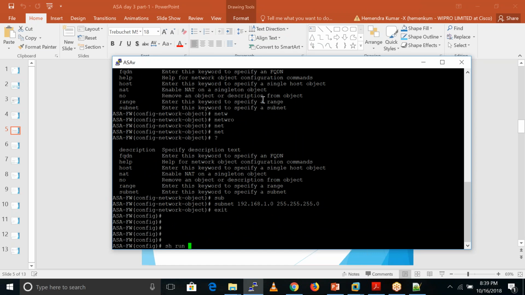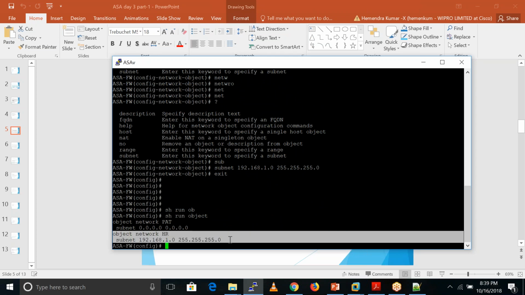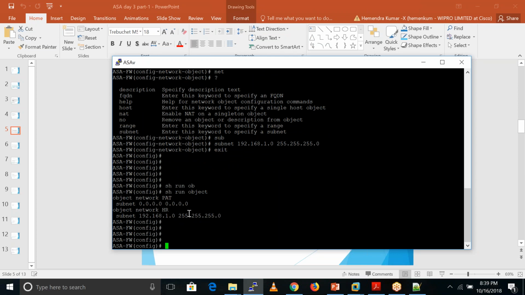So run object. Now the thing is, my HR group included this network. This is a network group for HR users only, if they are using the same subnet. Let's suppose HR and sales guys are using the same subnet, and you are aware of the IP addresses HR users use, and also the IP addresses used by the sales guys. So how do you do this?